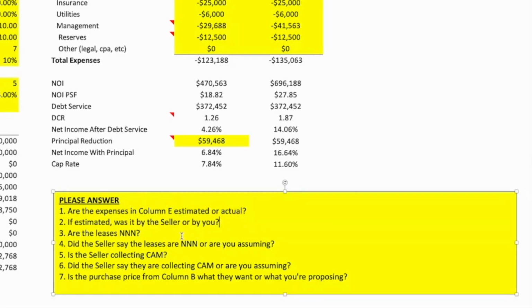Again, that's just what we talked about. Are the leases triple net? Yes or no? Triple net is what we would love. But if they're not, we need to know that so that we can budget accordingly. When the lease is triple net, expenses matter, but they don't matter so much because they're being passed on to the tenant. Now, you don't want to be irresponsible and pass 100% of really bad expenses, really high expenses to